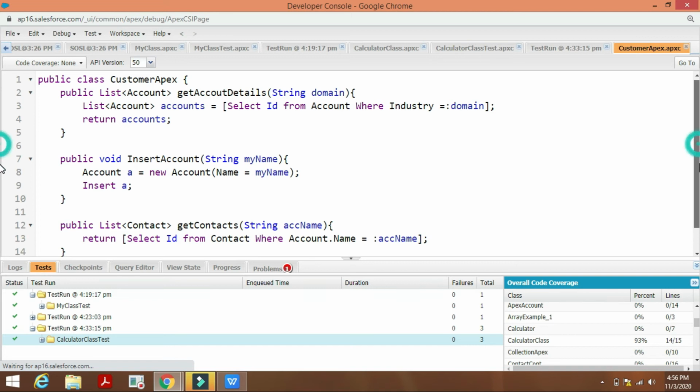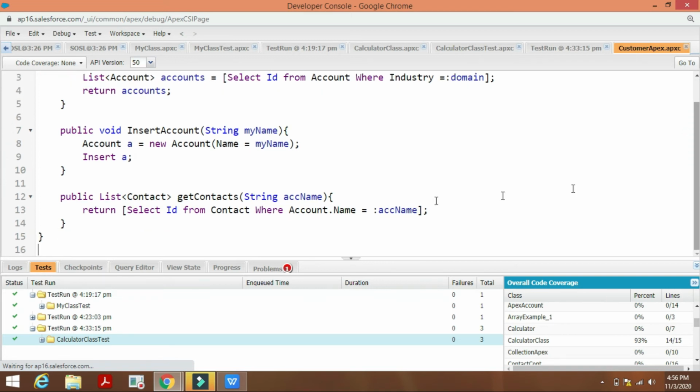So we have got the DML statement called insert, and then here we have got the getContacts method, and we have got the return statement also.